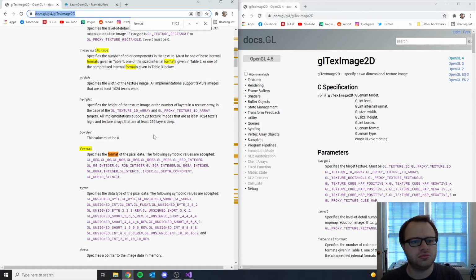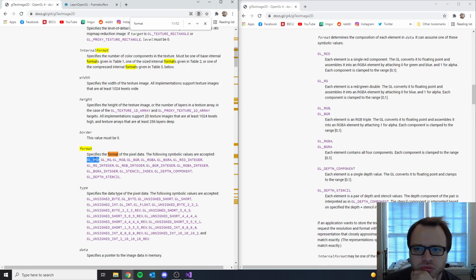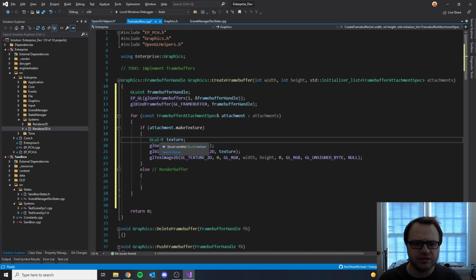Going to do a quick side-by-side comparison. Here we go. So red, green, blue, blue, green, red, red integer. So some of these are in common, but the internal format may differ a little bit. So it sounds like I probably won't want to do a single lookup call,